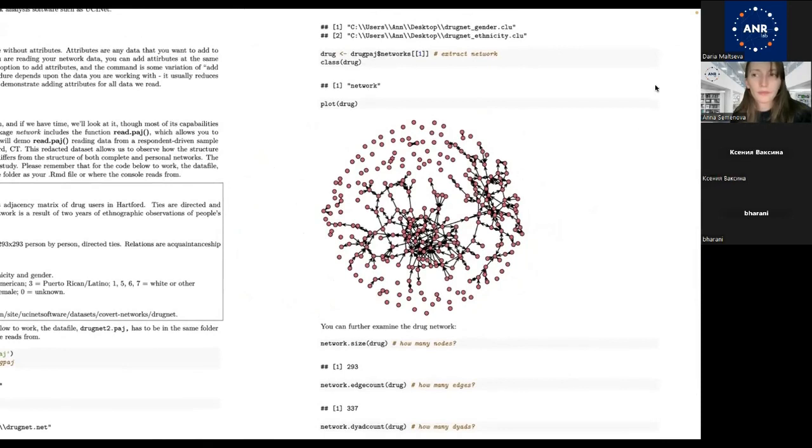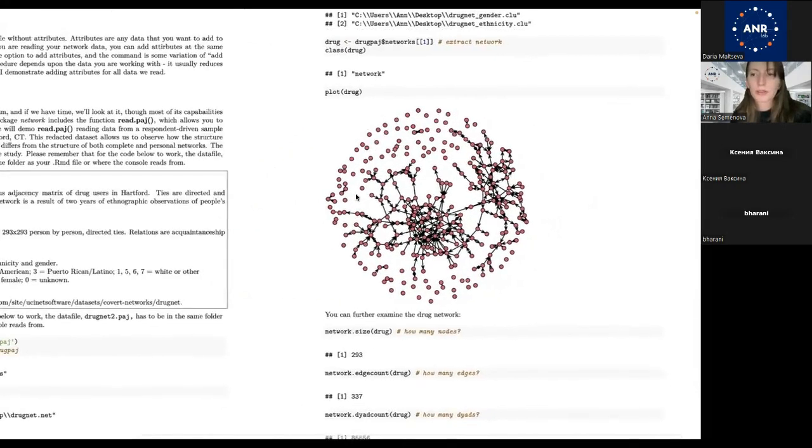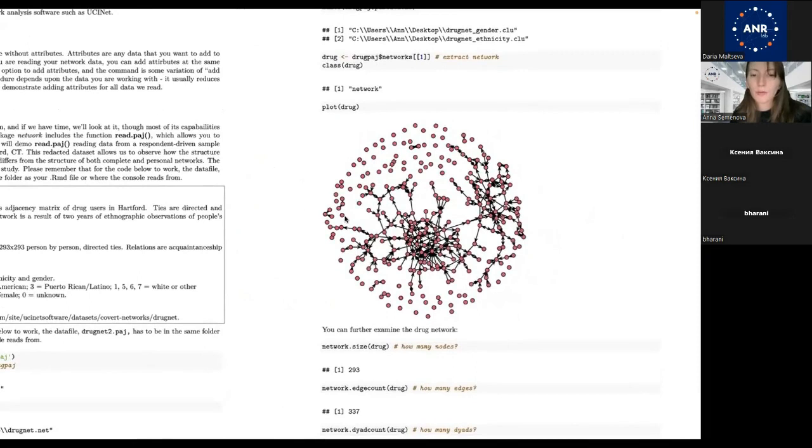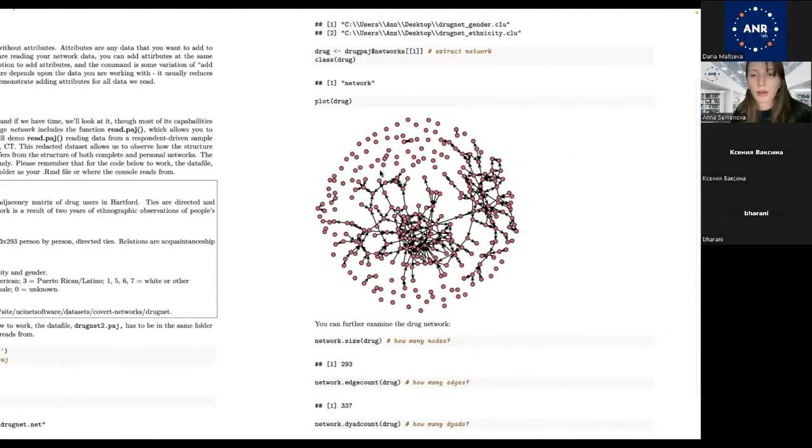There are a lot of dots without any relationships with others. Yeah, and if we know that it is a drug users network, I think that it's quite uncommon. It's quite uncommon that people use drugs alone without connections. Okay, and maybe not all the data is collected, and there are some questions, because you see that it's quite